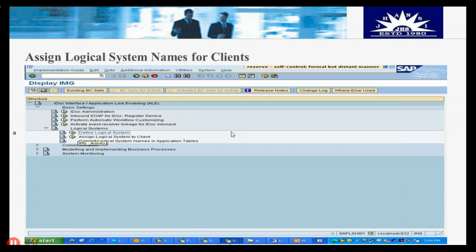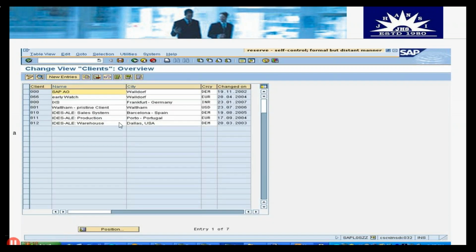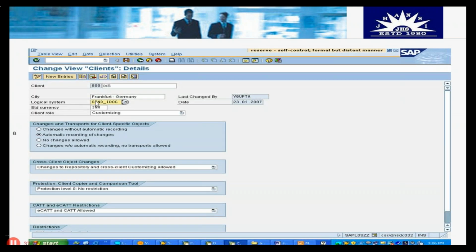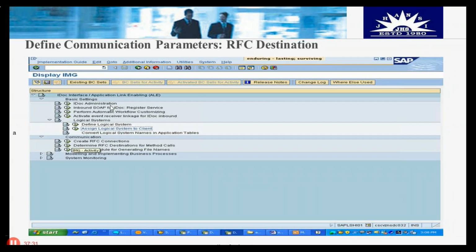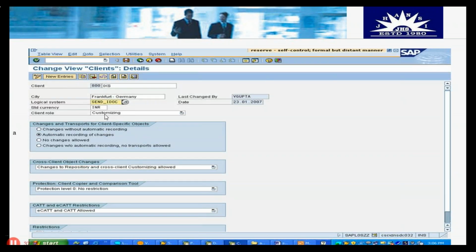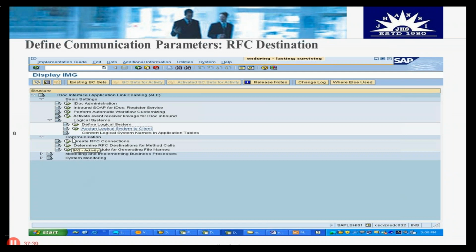Then we'll assign the logical system names to two particular clients. So here client number 800 and client number 810 are there. For client number 800, we'll name it as send underscore IDoc. And for client number 810, we'll give the logical system name as receive underscore IDoc. So once we have done this,